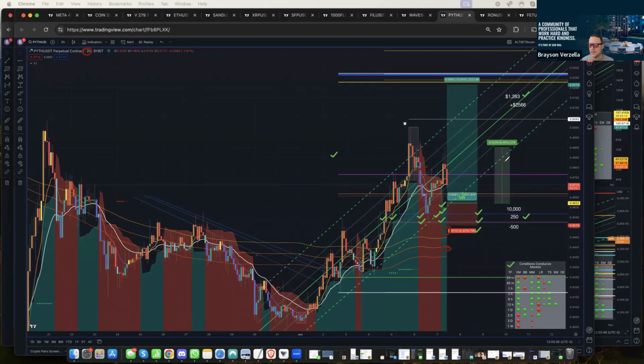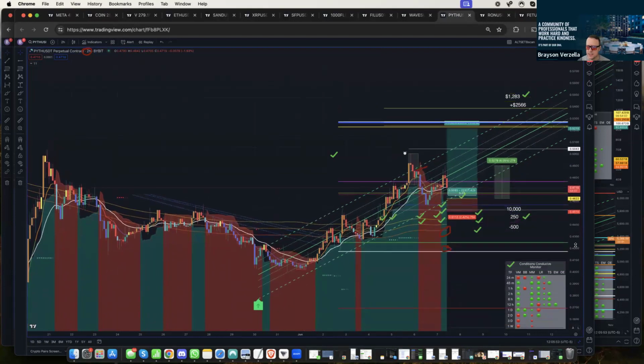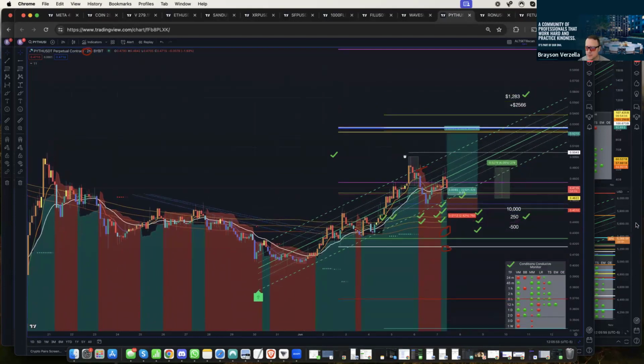When you are at 2x on any given asset, liquidation is like usually, I'm just gonna totally make this up, but let's just, I'm gonna get rid of all this stuff. When you do that, just for instance, liquidation is usually like way far off the radar. It's like way down here or something. Might even be further away. I don't know, but people should always look at where liquidation is. But I can promise this: 2x liquidation zone, even if I'm just making this up, is probably like way down here